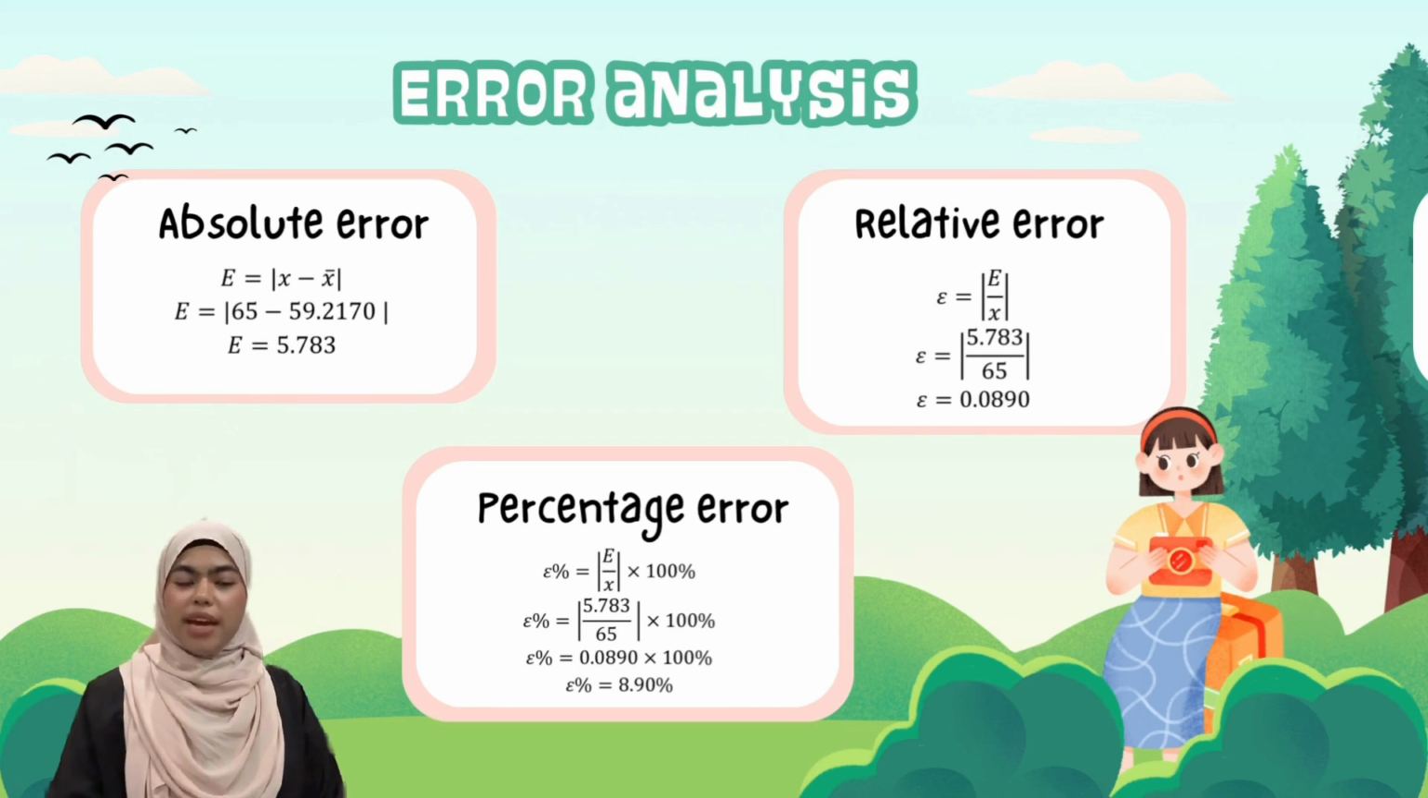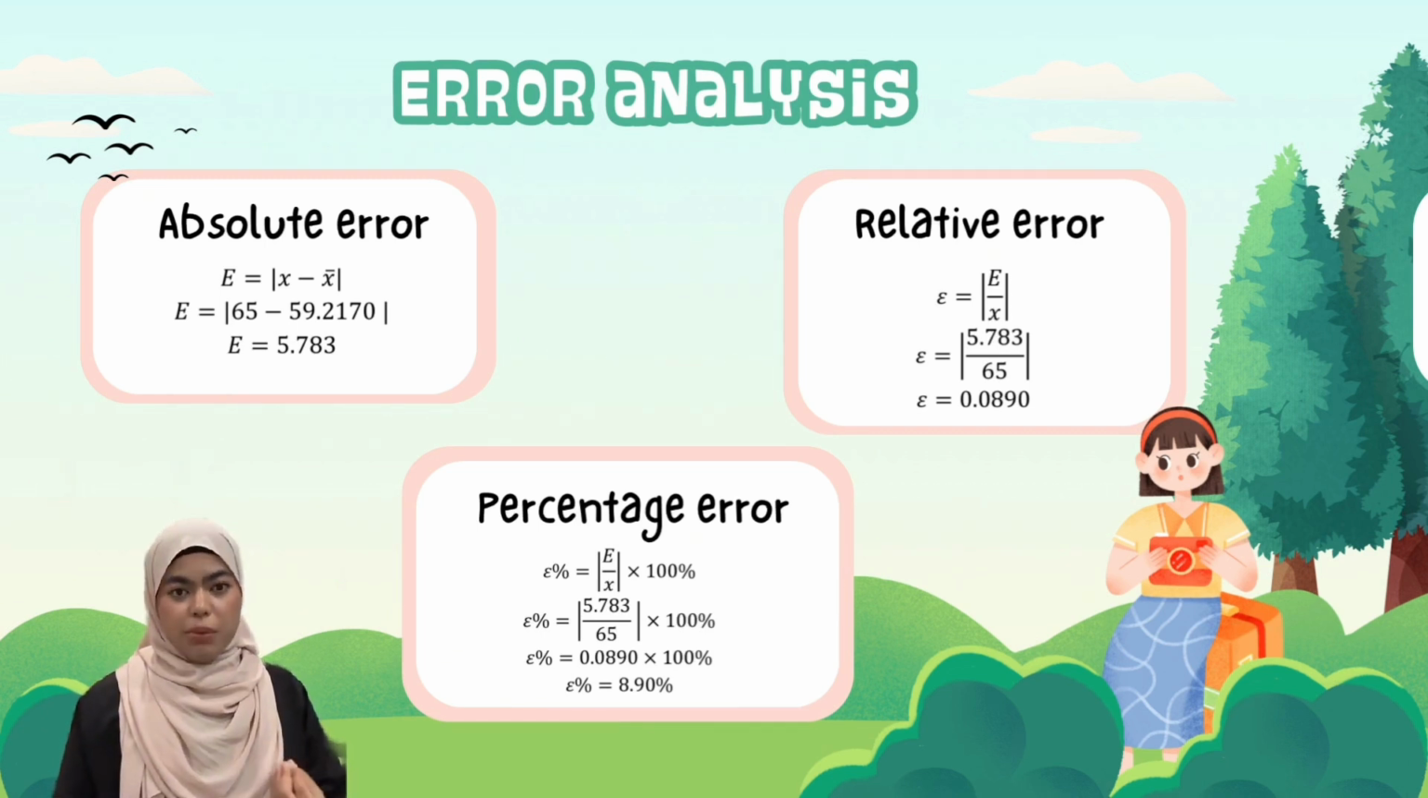To evaluate the accuracy of our result, we perform an error analysis. We are calculating 3 types of error. First one is absolute error, the difference between the true value and the estimated value. Next is relative error, the ratio of the absolute error to the true value. And the last one is percentage error, the relative error expressed as a percentage. The percentage error in our project was 8.90%, which indicates that while the method was effective, there is room